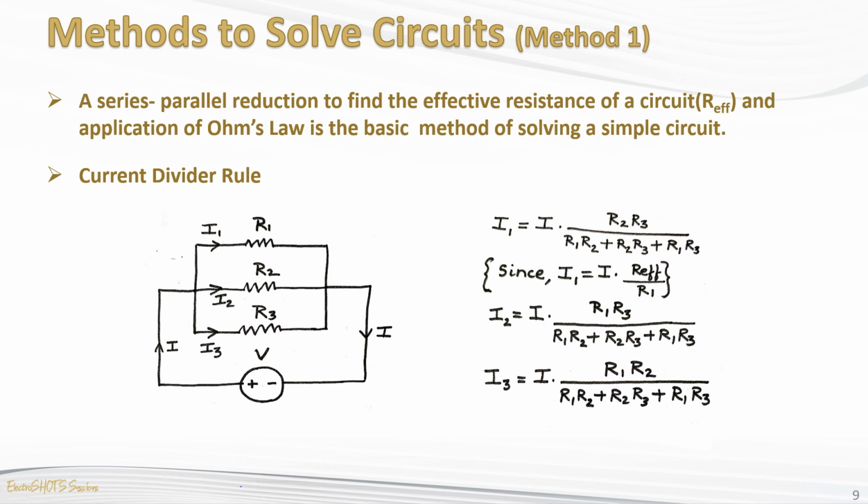So how do you find the proportion of current flowing through each of these paths? A mathematical formula has already been derived and has just been listed out. I have not gone into the derivation details of these rules, but have just stated the application formula so that we can directly apply it to network analysis circuits when we go to the mathematical explanations. So you can always come back and refresh your knowledge about the formulae.